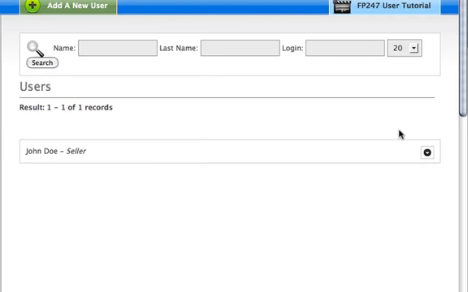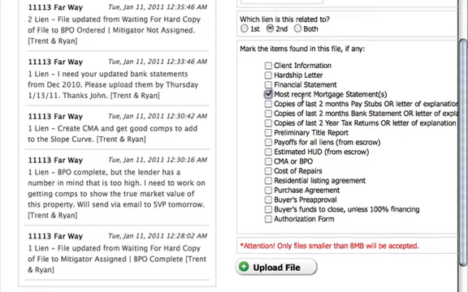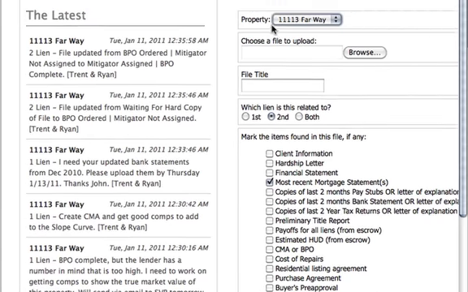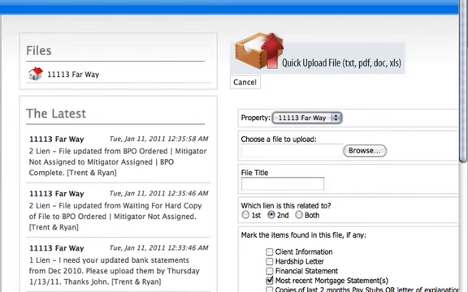In this way, that seller has the ability to look at several files, or in other words, the transaction coordinator can check the status of several files, upload documentation pertaining to that specific file. As we show you right here, they'd have the option to see several files in their drop-down and work on each file individually and see the notes individually for each file. So as you can see,